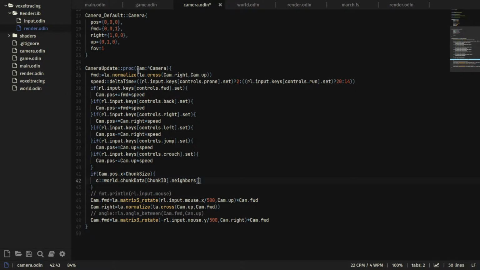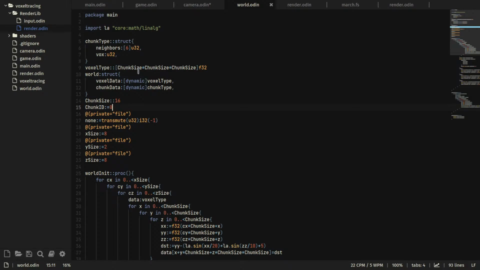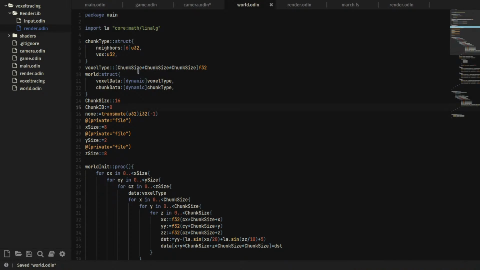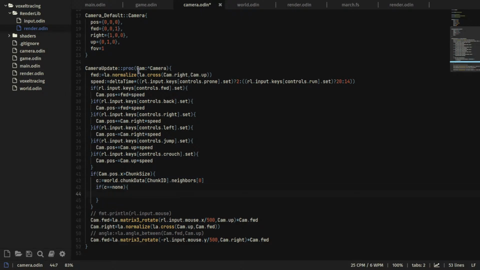And again, I can keep it in my head now, it should be 0. So positive X. If all of a sudden I need this, cool. If C equals none, then